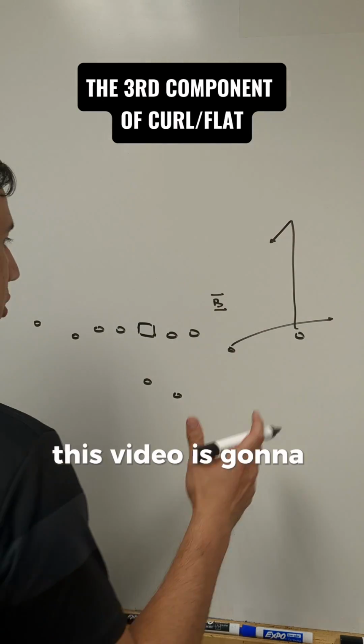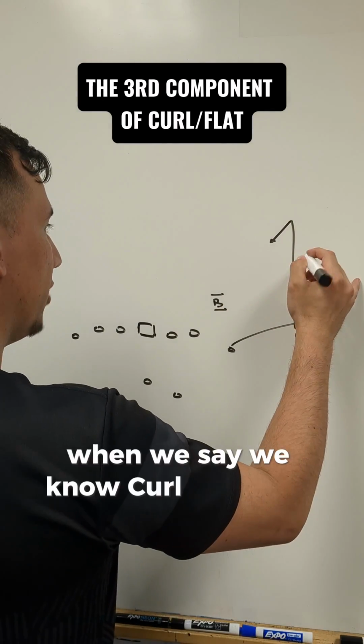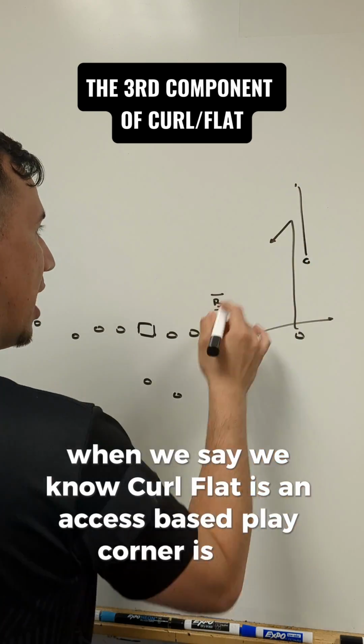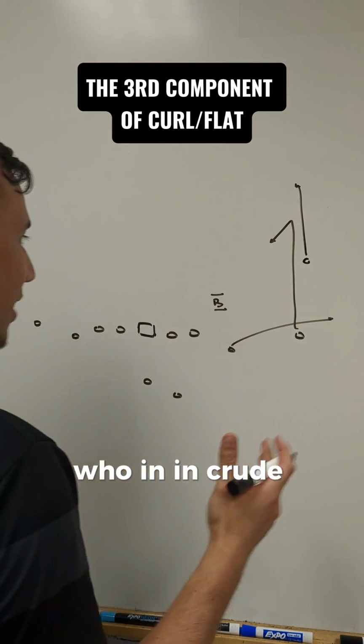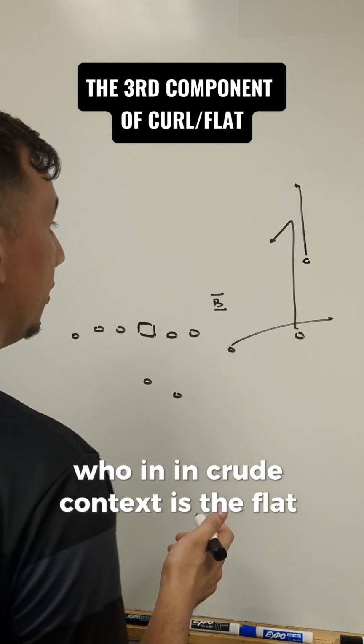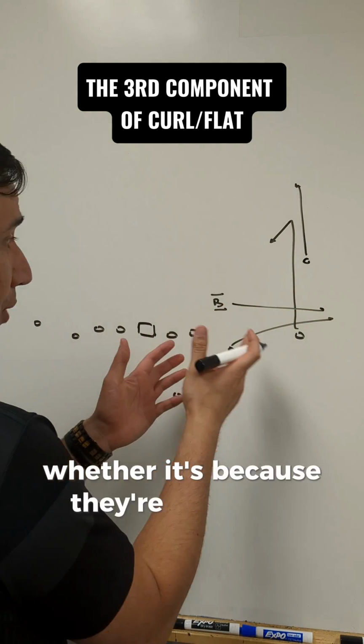All right, guys, this video is going to touch on the third component of curl flat. We've put up a video on curl flat before where we say we know curl flat's an access-based play, corner is out. We're going to read who I've labeled as the bandit, who in crude context is the flat defender. So if we assume for a second that he is in the flat, whether it's because they're playing a match